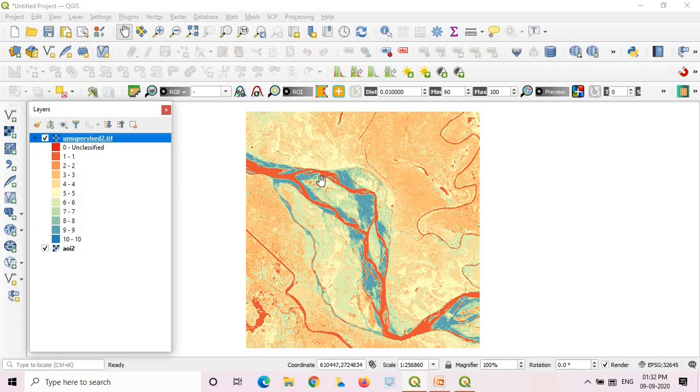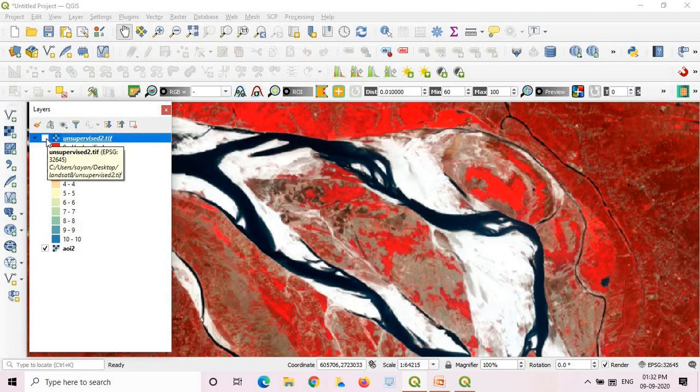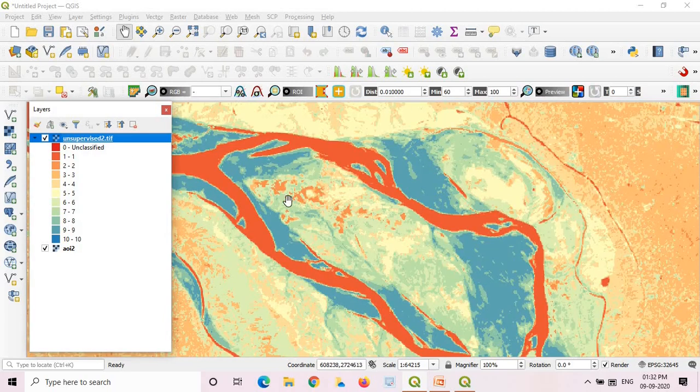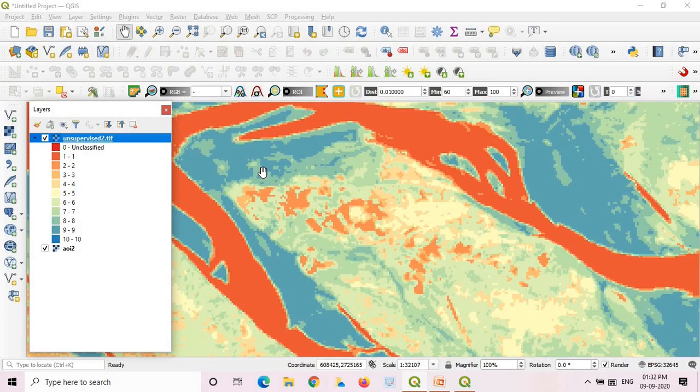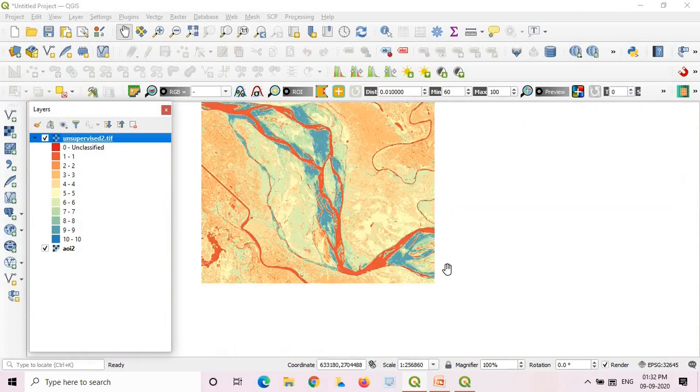You can see from here that many of the classes are not discernible through naked eye, but the system has classified them, and you can compare it with a standard false color composite also, and see how it has detected so many classes even within the sands.